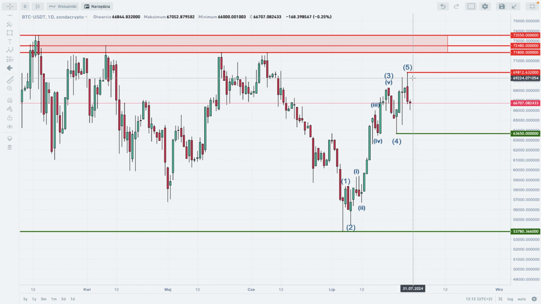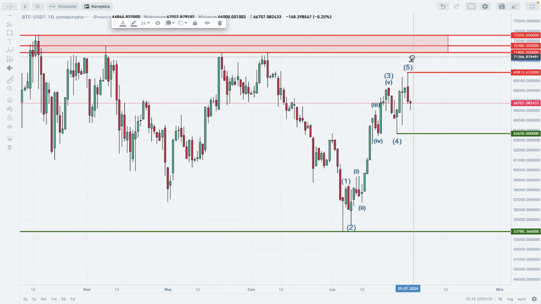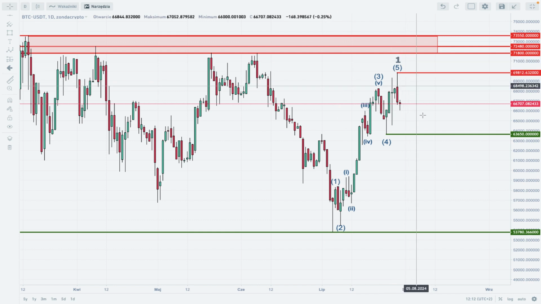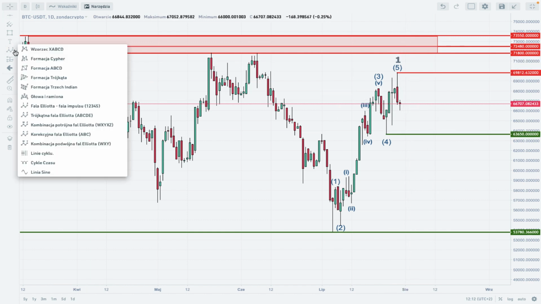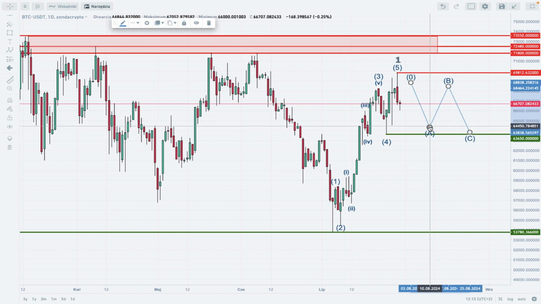it looks like the wave 5 has been completed, and the whole impulsive wave to the upside has been completed. So let's label it as the wave 1, big wave 1. Yes, this is it. Make it like that. That's not a problem. So we have completed this impulsive structure, wave 1. Now we should see some sort of correction, in the form of a simple ABC correction. So what we should see here is an ABC correction